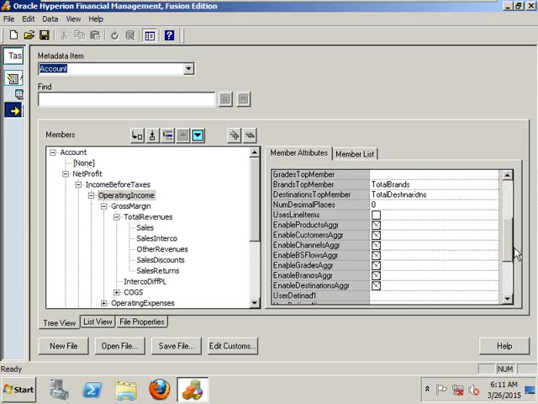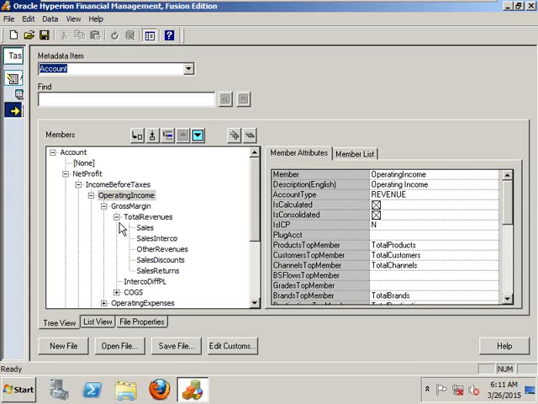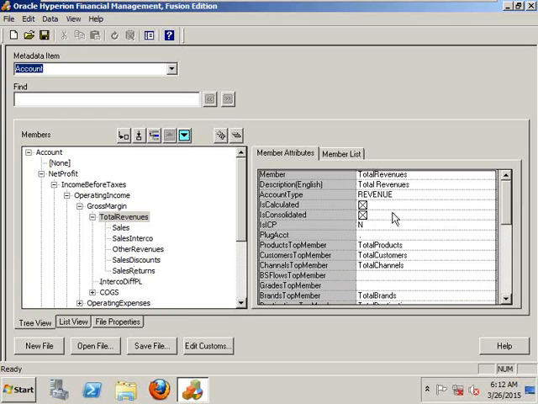Later you need to concentrate more on the dimension properties. Each member has its own set of properties, which determine how it is going to be used in the application. That is the most important point here. So first of all we need to know all these properties. First concentrate on the hierarchy structure, then concentrate more on the properties. If you know the properties, only then can you tell whether that member is going to be used as per the requirement or not. So I am going to explain the properties first.